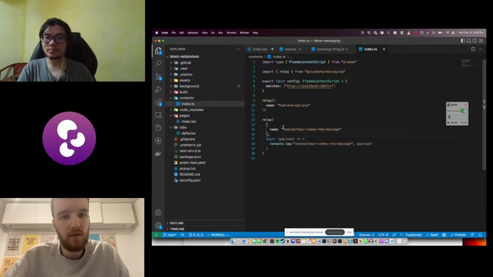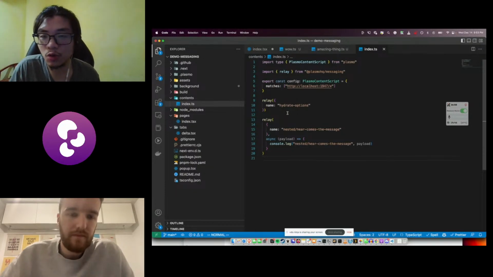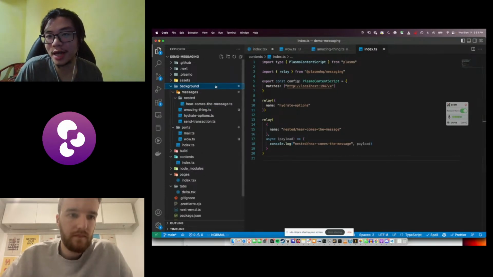And what is the final step? Now that we have these two things set up and the content script performs this relay function, it relays to the background service worker, right? Where do we see that? How do we implement that? Well, on the background service worker, you have the same, right? You just have the message handler, basically.